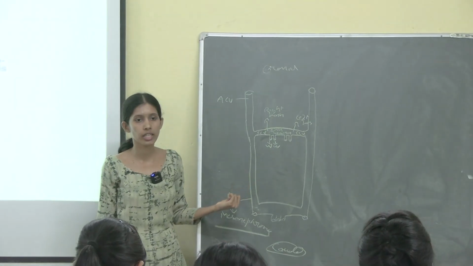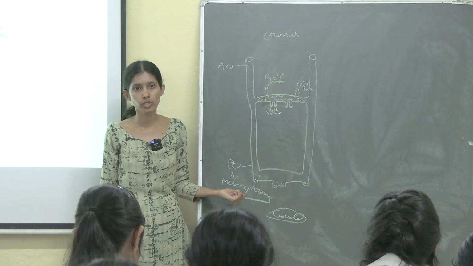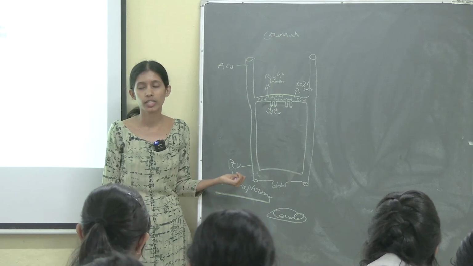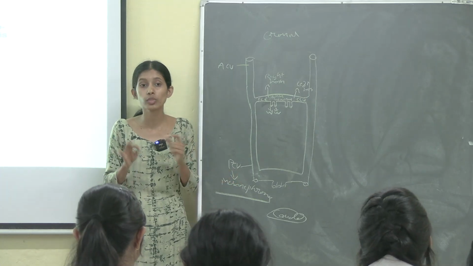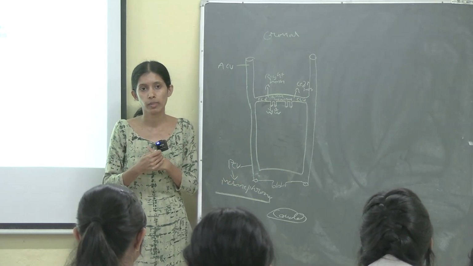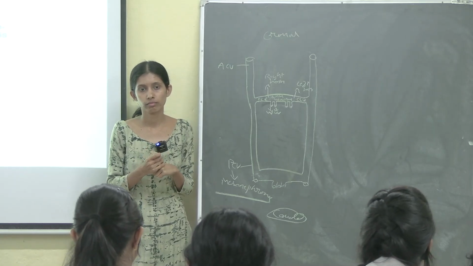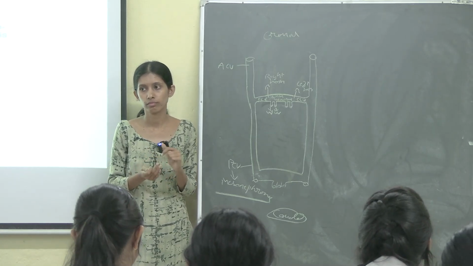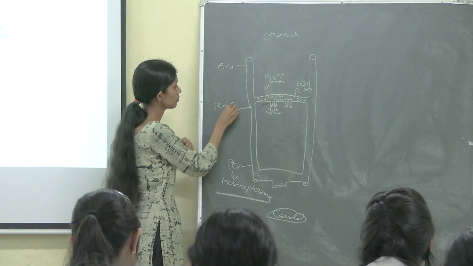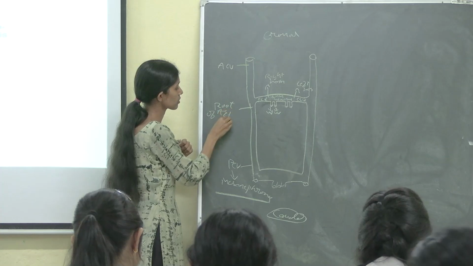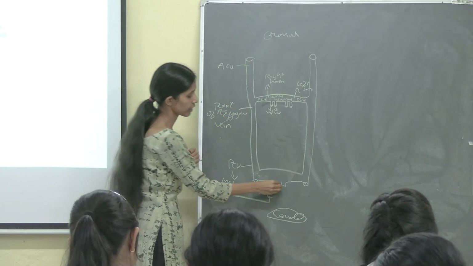Now your posterior cardinal vein is degenerating along with your mesonephrons. Only the remnants of the posterior cardinal vein remain, and it gives two important structures or two sets of veins. What are those? One is the root of azygous vein, and the another one is